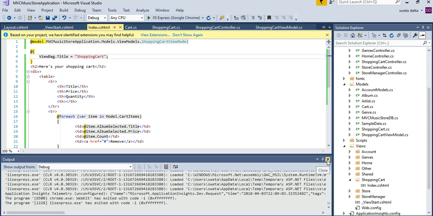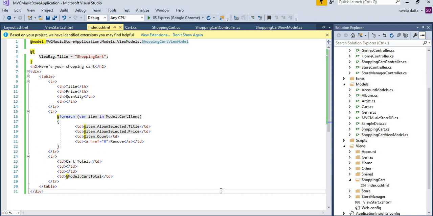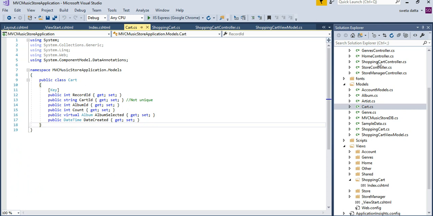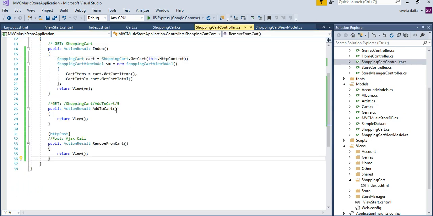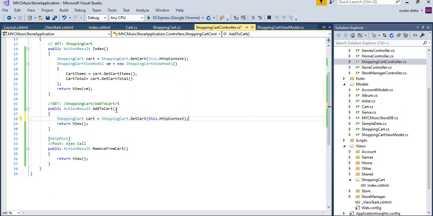We can't really verify all of our logic. We can't see if the cart can remember us and all that stuff. So the next task that we have is to go and add some code to the shopping cart controller, to our add to cart. All the methods are going to be doing this part the same way. It's going to ask for the cart and send the HTTP context. That is the very first step. Okay. So once it does it and we get a handle on our cart,